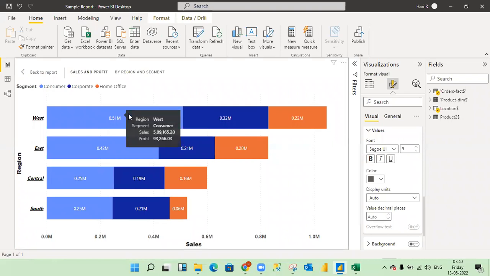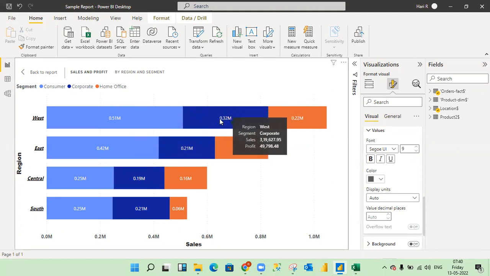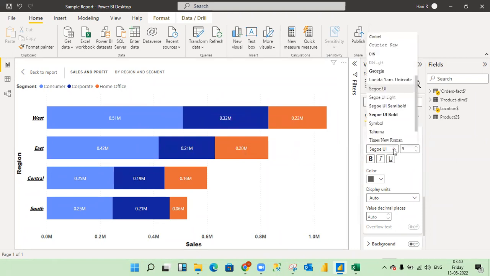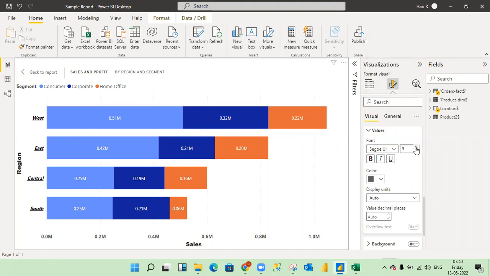The labels are there, like 0.51 million, 0.32 million, these numbers. If you want to increase the size or change the font style, you can change it here. If you want to increase the font size, see,